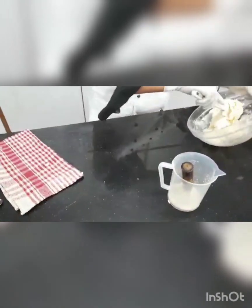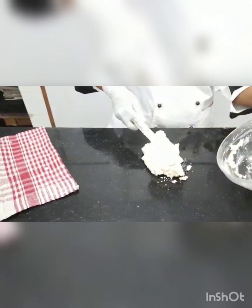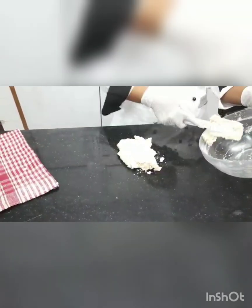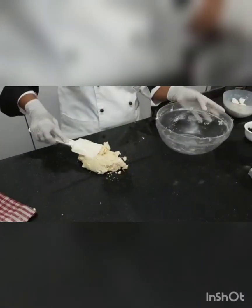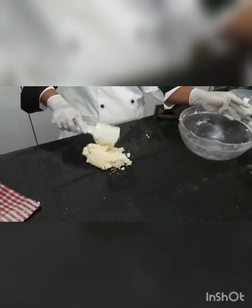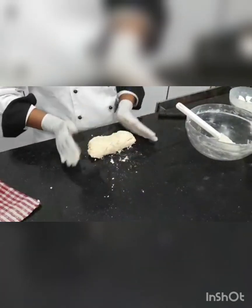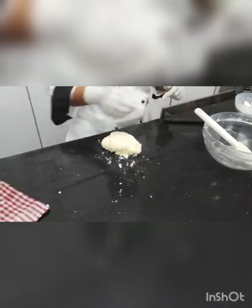Once this is done, what you do is just take this and you can place it here. Just mix this. Don't over mix this, because we don't want the gluten to be formed over here. Okay, so